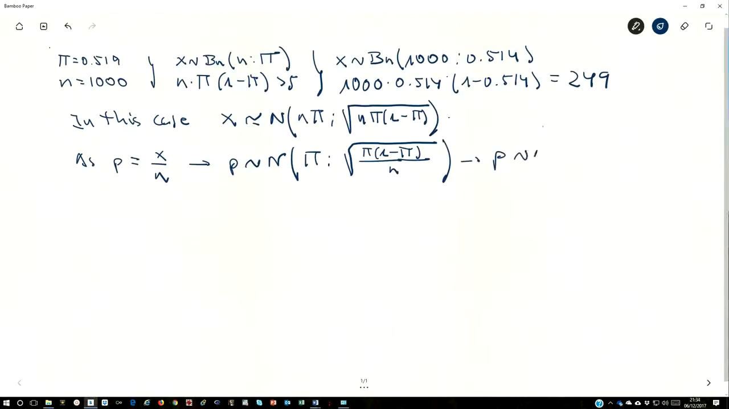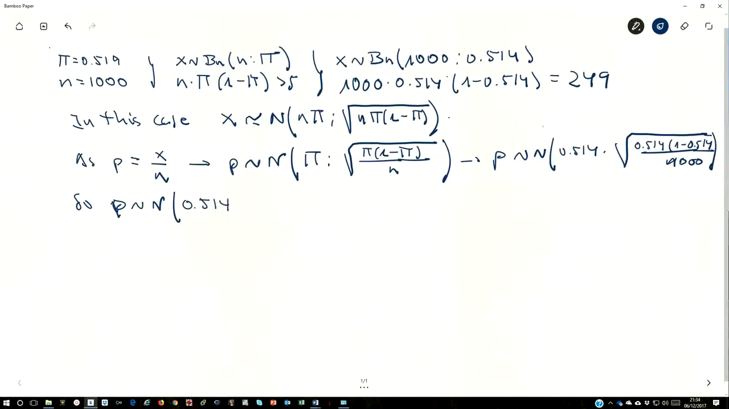In that case, we will have a normal with expected value p and the standard deviation the square root of p multiplied by 1 minus p divided by the sample size n. In our case, this proportion will be distributed as a normal with expected value of 0.514 and the standard deviation the square root of 0.514 multiplied by 1 minus 0.514 divided by 1,000, that is the sample size. If you do the computations, you will have a normal that is centered in the expected value of 0.514 and a standard deviation that will be